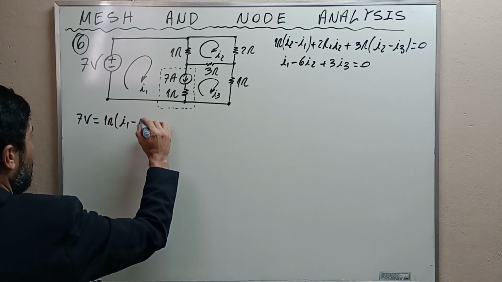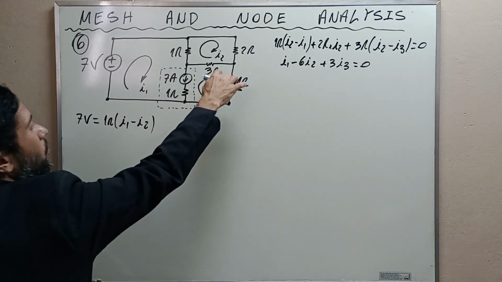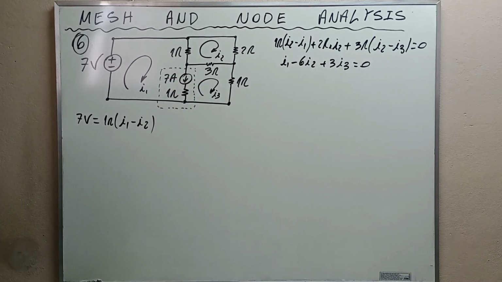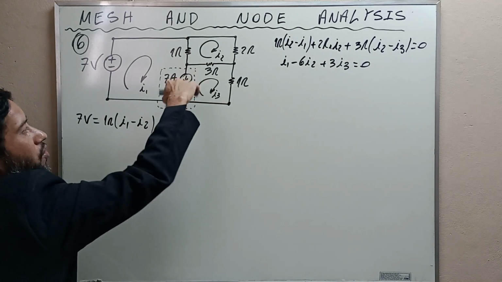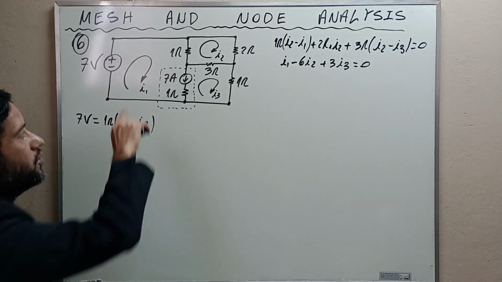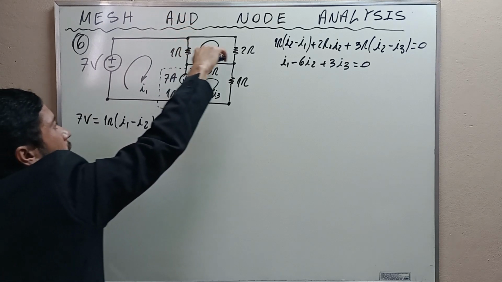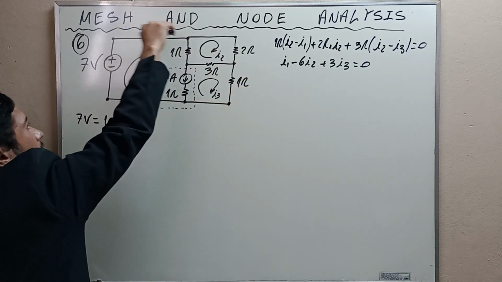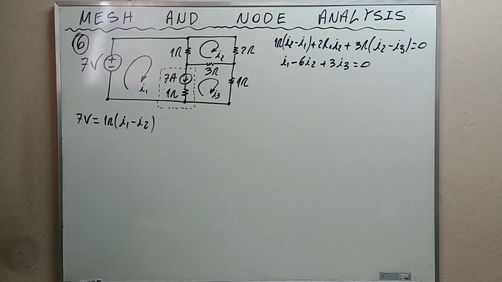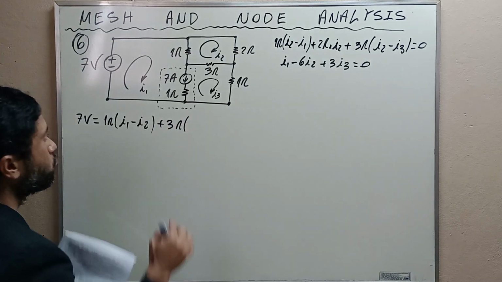I1 minus I2. Let's see now, because we are avoiding this: when we have a super mesh, we can simply neglect this. We can neglect this, okay? And we are going to consider the circuit as if the current is flowing here and here, okay? Here and here. We are going to avoid this altogether, okay? Then it is 3 ohms